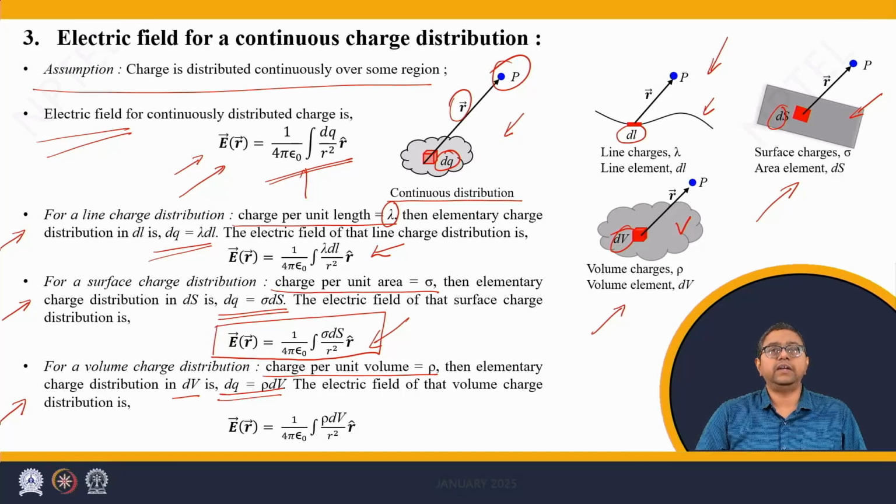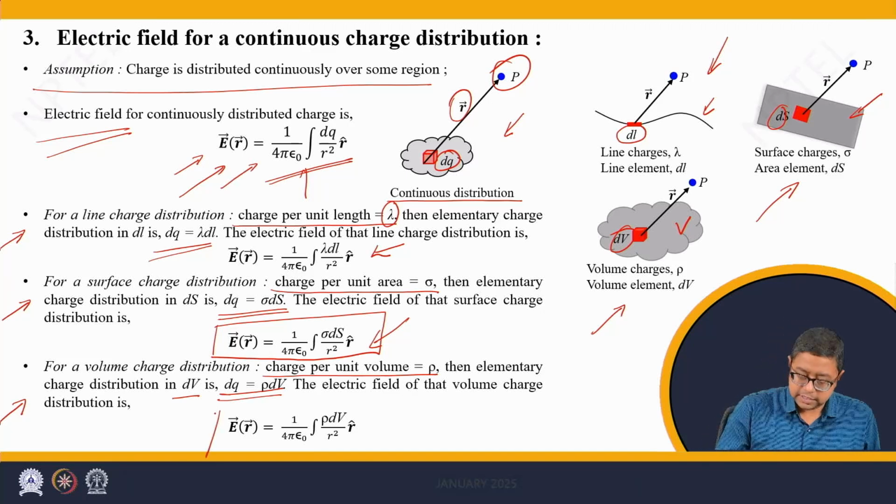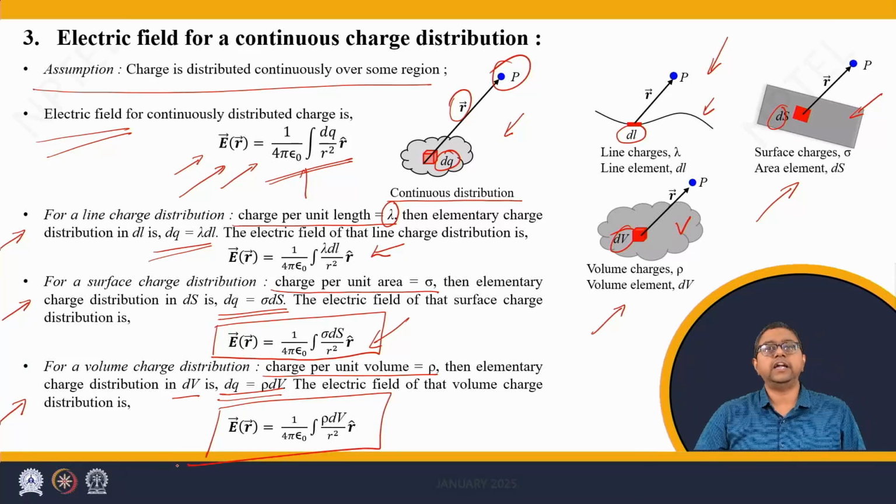The electric field of the entire volume charge distribution can be obtained by simply replacing dq by rho dV in this expression. Thus, we obtain the electric field for a volume charge distribution as 1 by 4 pi epsilon integral rho dV by r square r hat. Thus, we now understand how to obtain the electric field for any charge distribution, whether it be continuous